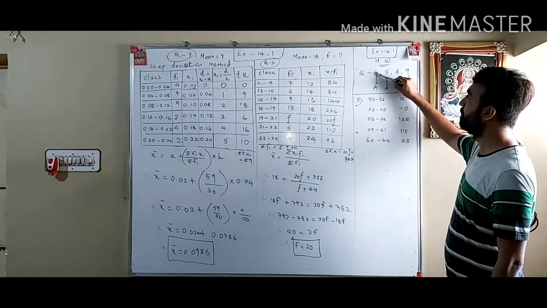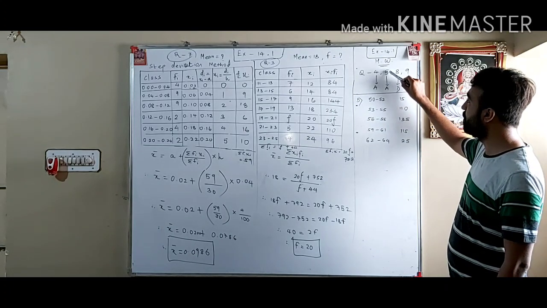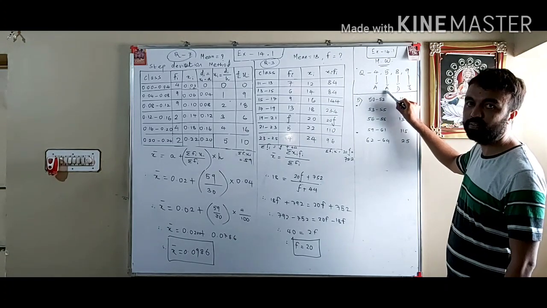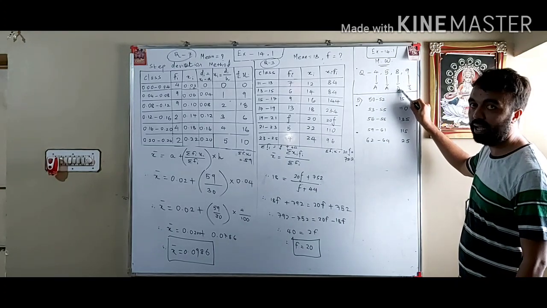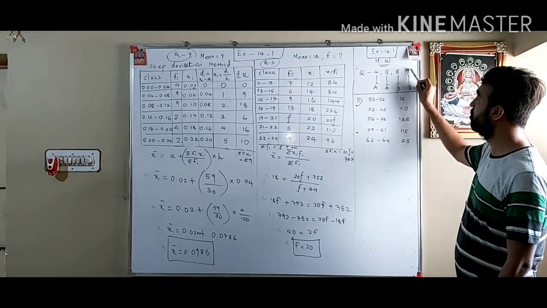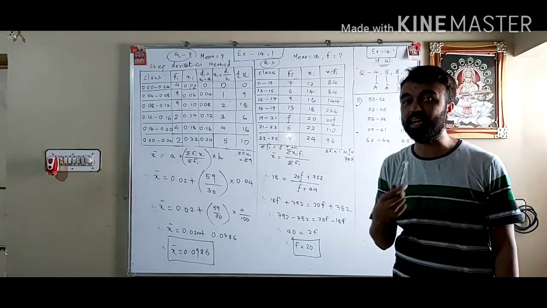When you solve the 4th sum, solve it by the assumed mean method. When you solve the 5th sum, again solve by the assumed mean method, second method. When you solve the 8th sum, solve by the direct method. And when you solve the 9th sum, solve by the step deviation method, so that you get practice of everything,